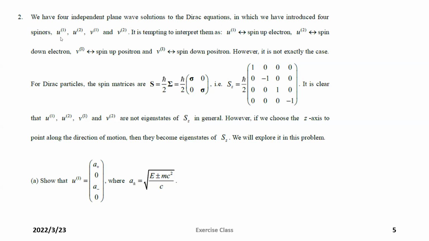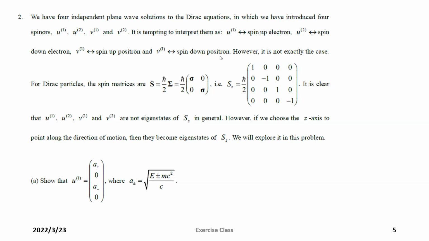We know that u1 and u2 describe the electron, and v1, v2 describe the positron. But I haven't said any words about the spin. It's a nice idea to interpret u1 as spin up electron, u2 as spin down electron, and v1 as spin up positron,